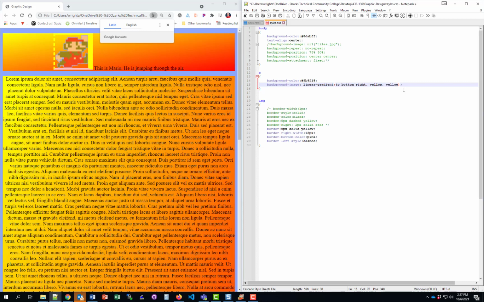I could also, instead of "to bottom right," put "to top left." And now when I refresh this, it's going to be the same as what it was when we changed the colors around. So we're just reversing how we did that. I think it makes more sense to change the colors that are being used, but you can do that however you might need to. And then here, going back, I'm going to use the "to right," save, and then